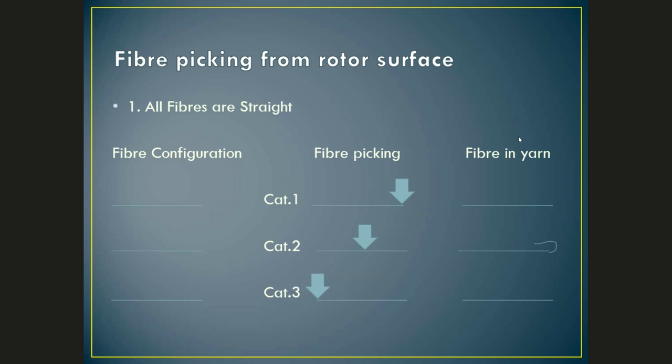So in that case, there are chances that a good number of fibers will fall under the category of this 2, where part of the fiber will be on the rotor surface and part of the fiber on the transport tube. Then the moment it is picked from here, the leading hook will get formed and the hook extent will be higher. That again gives a good explanation that the moment I'm using longer fiber, chances of hooking are higher in comparison to shorter fibers.